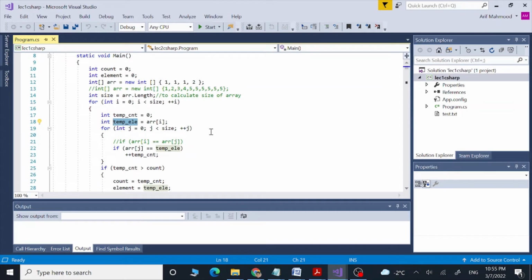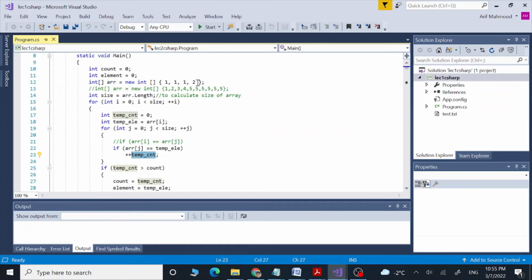After that, we are going to run another for loop, and this for loop is going to compare our first element with the whole array. So we say, okay, this is the first element we are getting, and we check if this element is equal to any other element in our array, and then keep increasing its count.